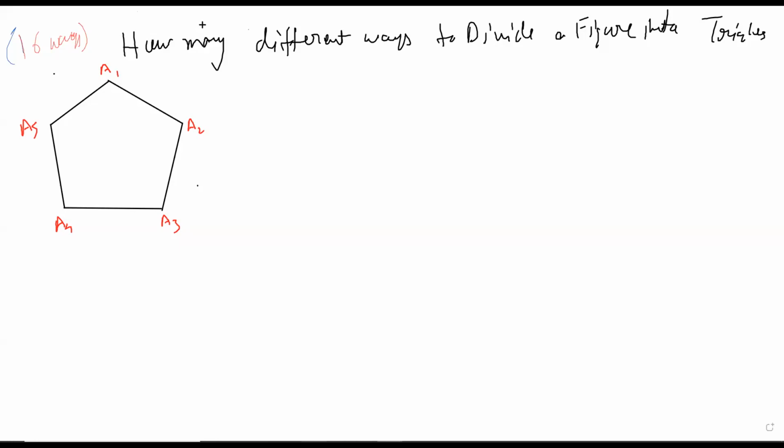Now let's look at what I'm asking first. If the question is not very clear, then there's a potential to get it wrong. So there is this one here and there is this one here. This is one way to divide. We will always get 3 triangles, but that's not my question. My question is how many different ways are there to slice the figure? This is one way. Is that right?